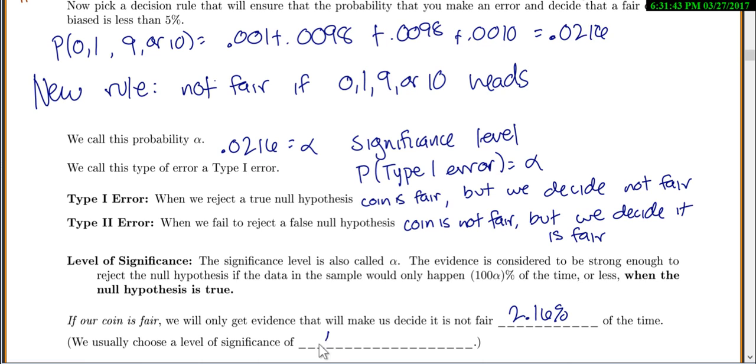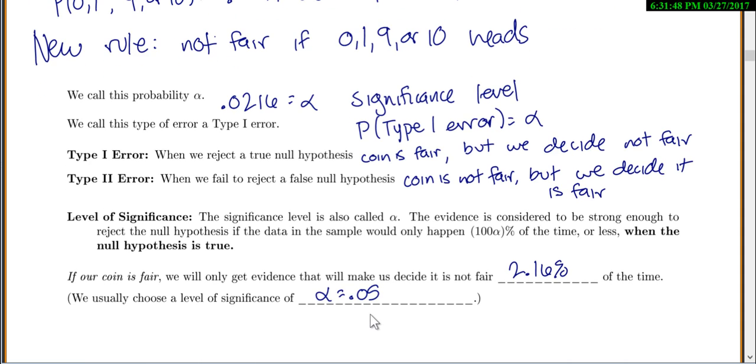Now usually in statistics we'll choose a significance level of 0.05. That's our default, but you could also have 0.01 or 0.10. So most people use 0.05. More serious scientists, in some of the more serious fields, sometimes use 0.01 because they really don't want to make mistakes. And social sciences, they apparently don't care quite as much, and they'll use 0.1.